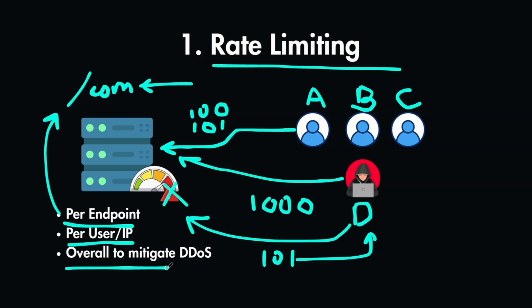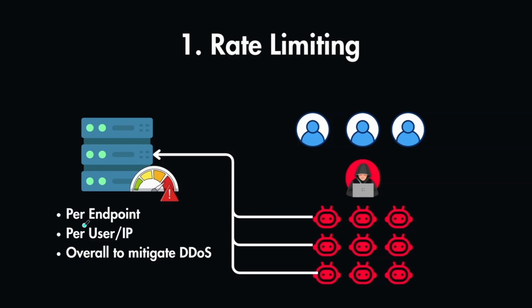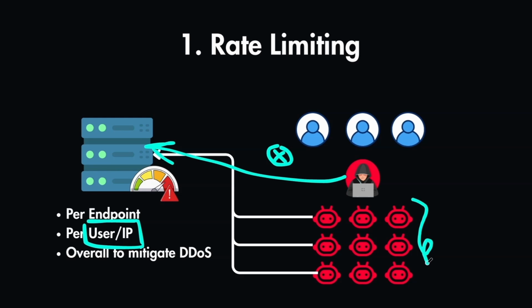And there is also overall rate limiting to protect from DDoS attacks. Since you can set the rate limit per user or per IP address, that means this attacker alone cannot send that many requests. You will block it with your rate limiting in the API. But what they can do is spin up some bots, and each bot will have its own limit, right? Let's say you've set it to 100 per IP address. So each of these bots has 100, and overall they have more than you would allow or your system could